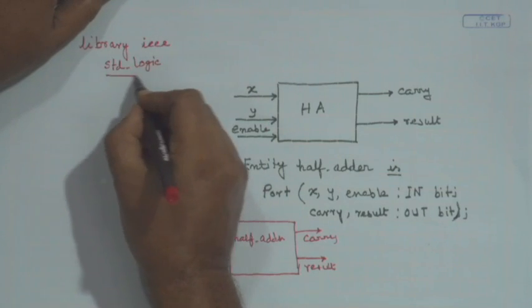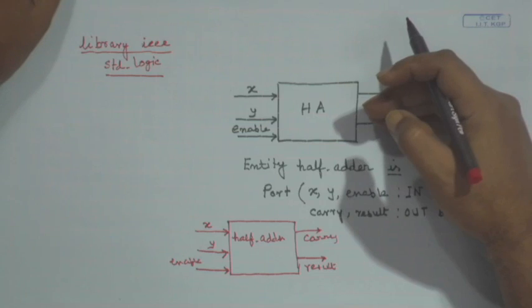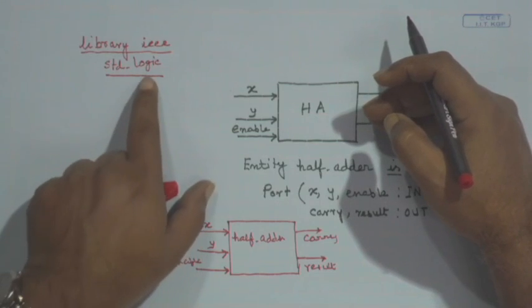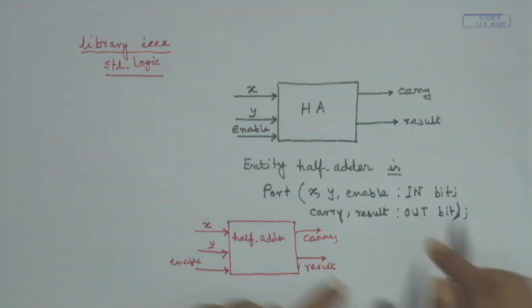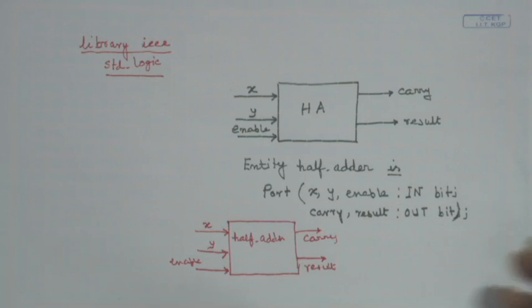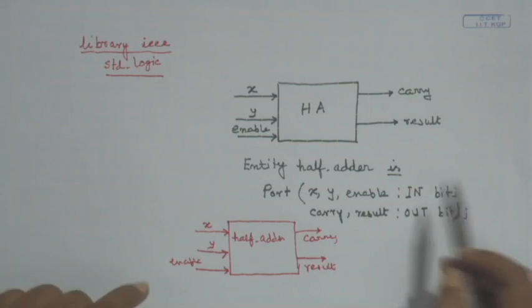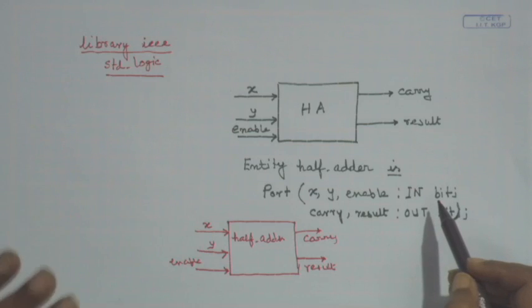Now, these libraries are included. The standard logic is required in order to establish the interconnections. Now, you can see that we had taken the liberty of defining these things, bit, in, out. What are these? Now, bit is a standard logic type, one bit, that is known a priori,